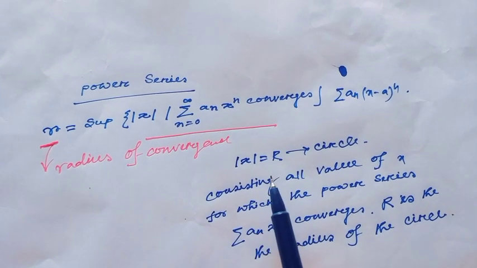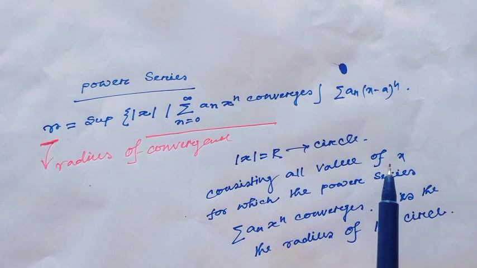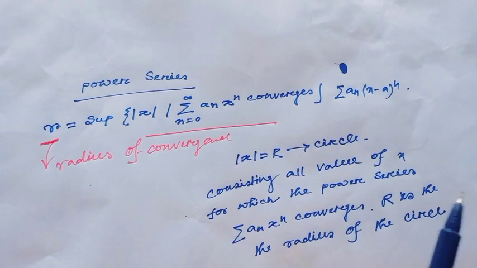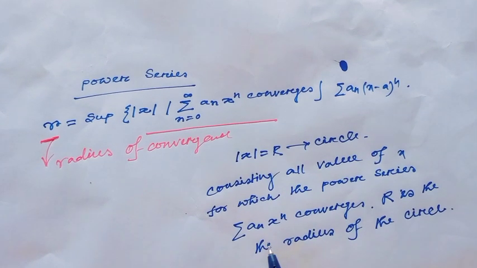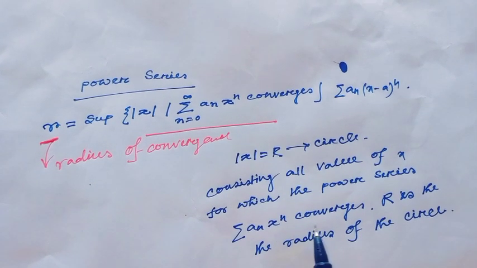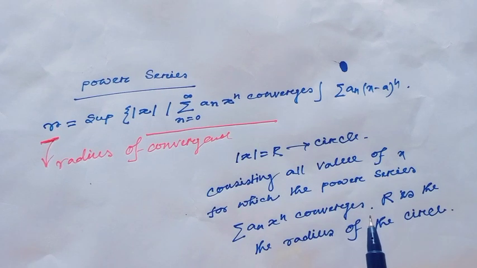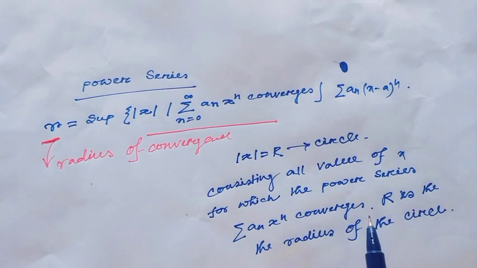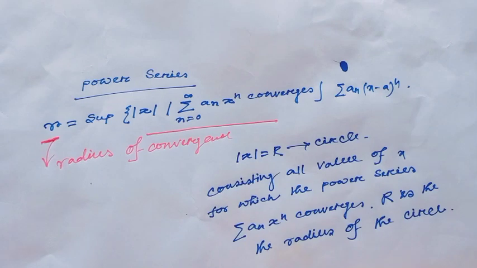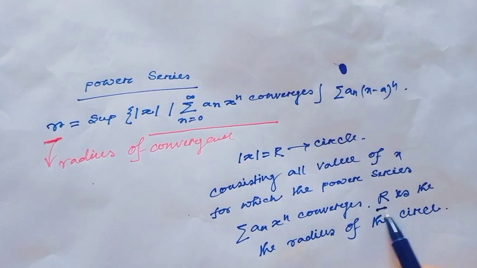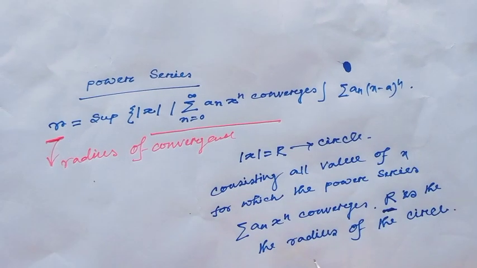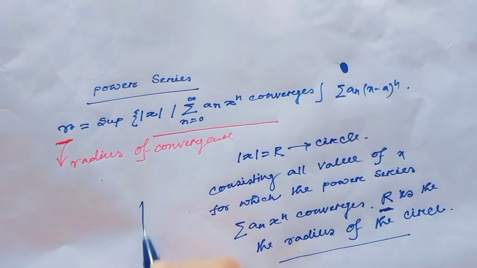If we consider the circle |x| equal to r, then it consists of all values of x for which the power series a_n x^n converges,